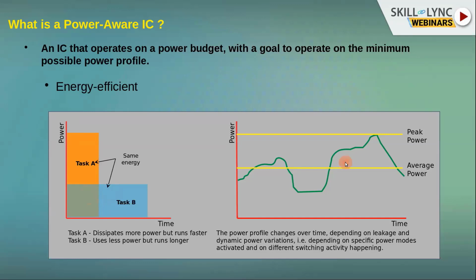So we can see on the right that we have defined the peak power and average power. The power consumed by any particular electronic system is not constant over a period of time. It varies widely depending upon what operation it is running. The maximum power that it consumes is peak power, and over a period of time or over a cycle, if it is a clocked system, you can average it over a single cycle to see how much power is being consumed. So what really matters for the consumption of power is the average power.